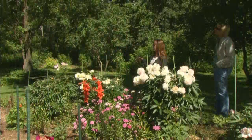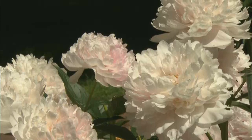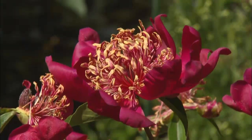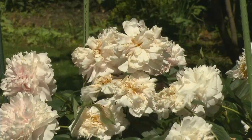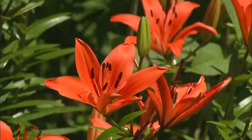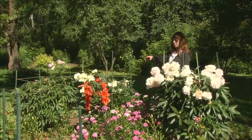Hi, my name is Sharon. We're in Proctor. This is a peony garden. There's about 11 here. There are some that are the same, but some are singles. The one up there, there's a single here, pink, and then the rest are all doubles. Although I have quite a few lilies, and we have a clematis and some morning glories growing here, and there are some daylilies